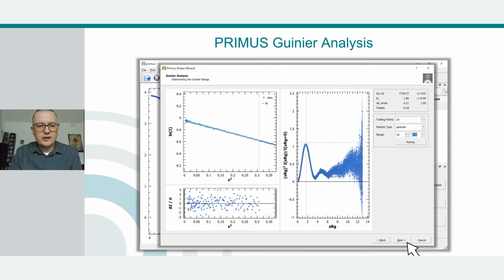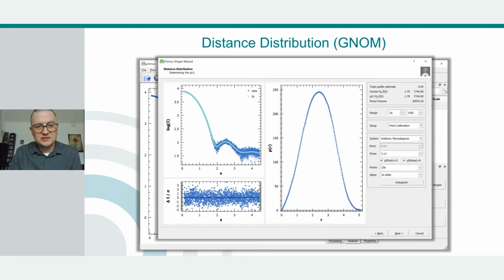This will bring you to the next data processing step, which is the pair distance distribution function evaluation. In the middle section of the screen, you will see the actual pair distance distribution function, which will be automatically computed for you without any input needed. And on the left-hand side, you will see the fit of the Fourier transform of this pair distance distribution function to your experimental data. And on the right-hand side, you will again see a number of parameters estimated from this pair distance distribution function, and a number of parameters that you can actually vary.